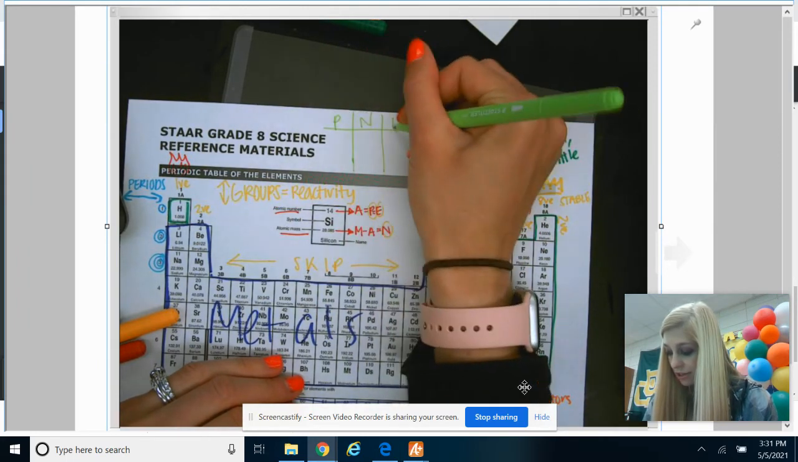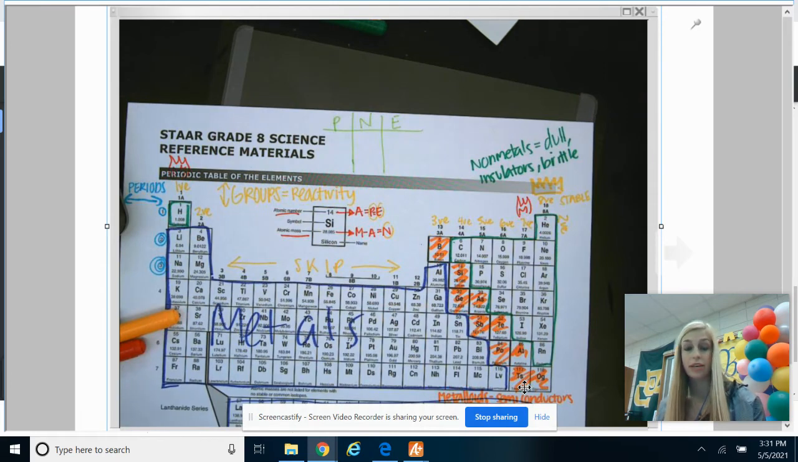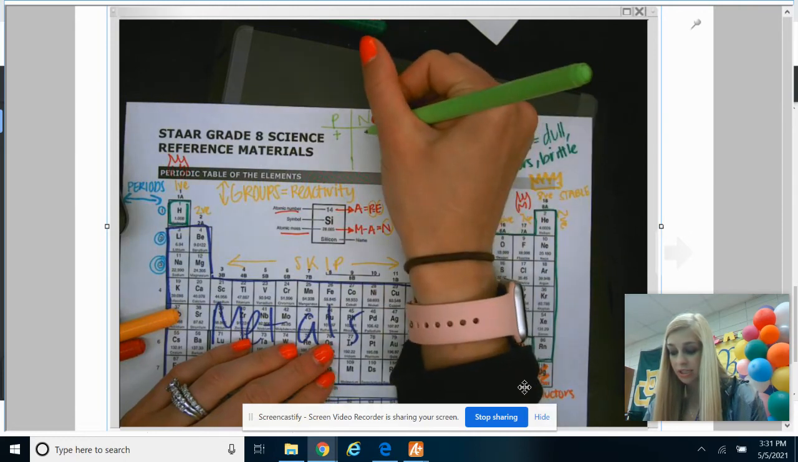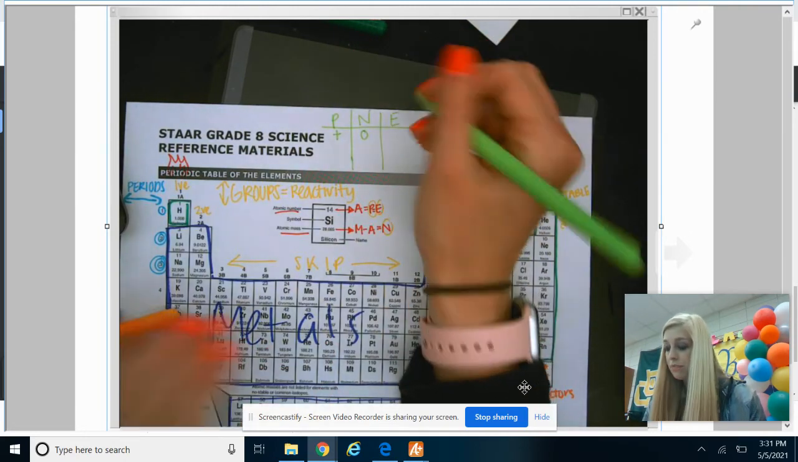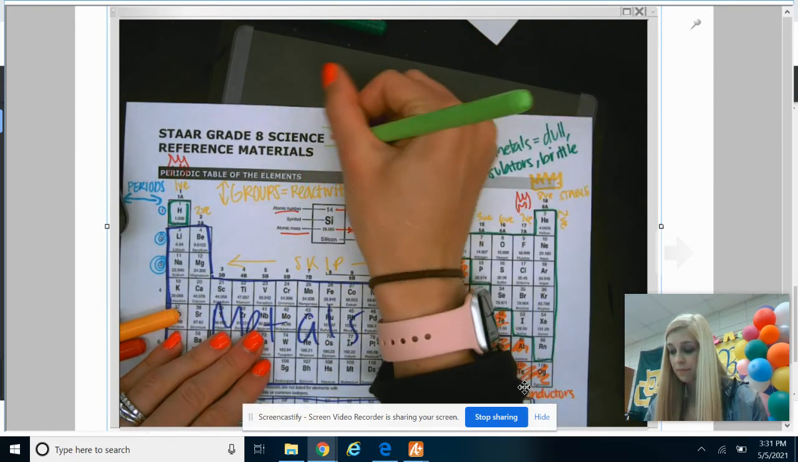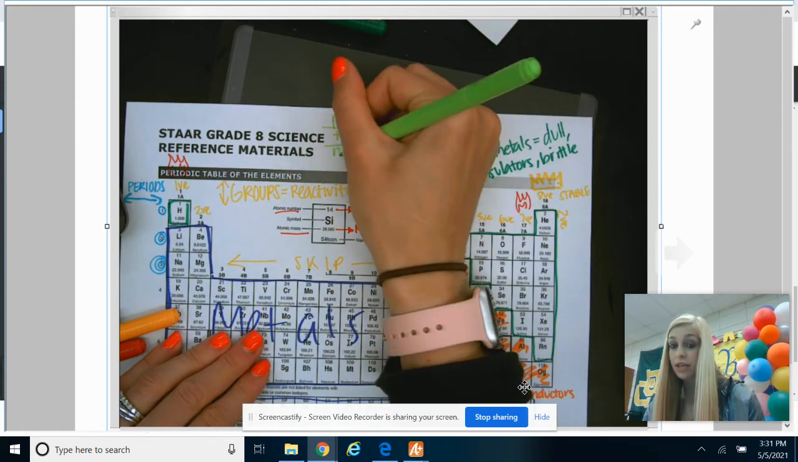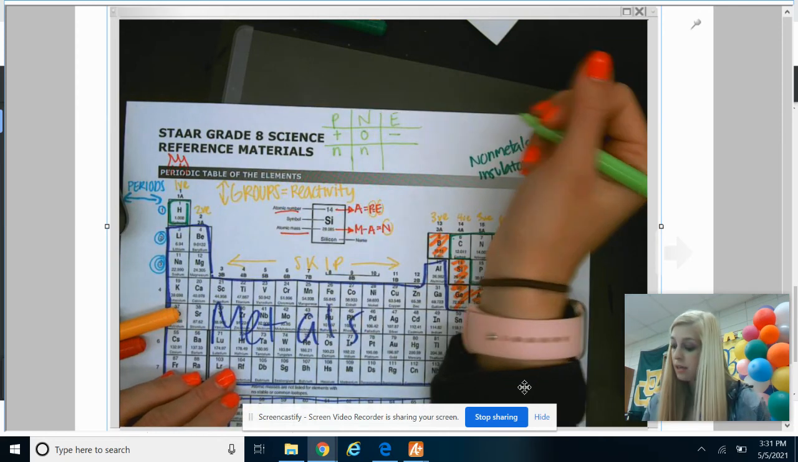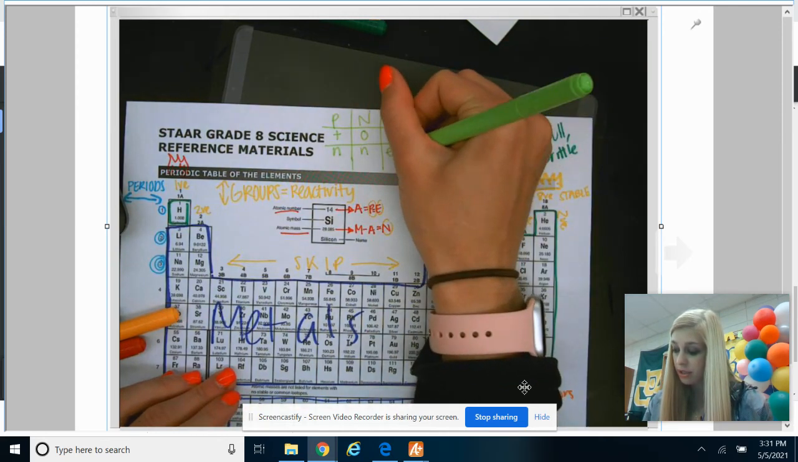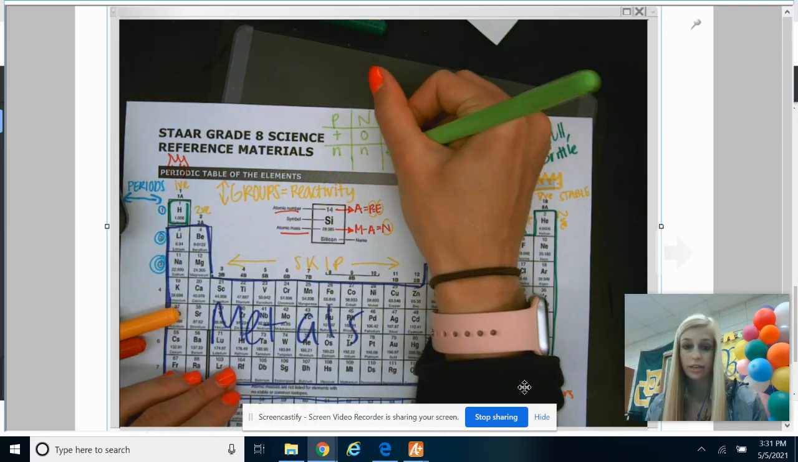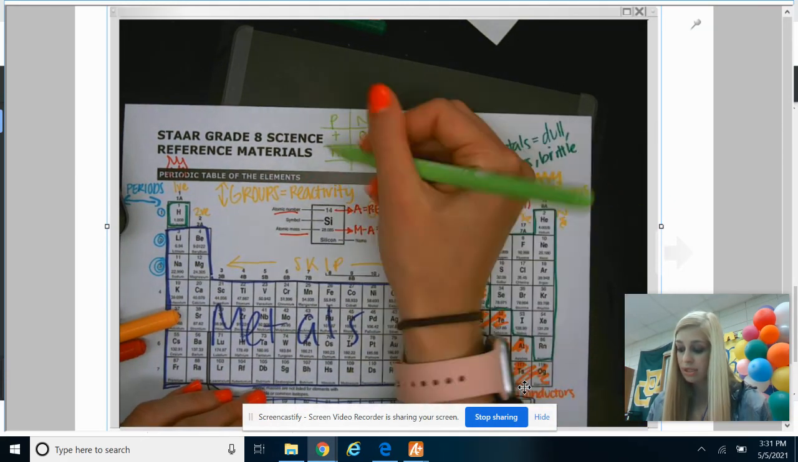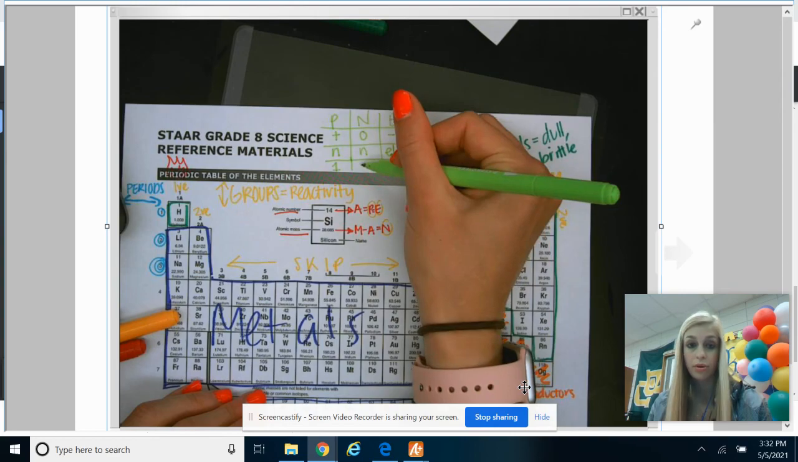Protons, neutrons, electrons. I'm going to abbreviate a lot on this. If you can abbreviate and you know what it stands for, go ahead. Protons are positive, neutrons are neutral, no charge, electrons are negative. Protons are in the nucleus, so I'm just going to put in. Neutrons are in the nucleus, electrons are in the energy levels or electron cloud, so I'm abbreviating with EL. Protons have a mass of 1 AMU. Neutrons have